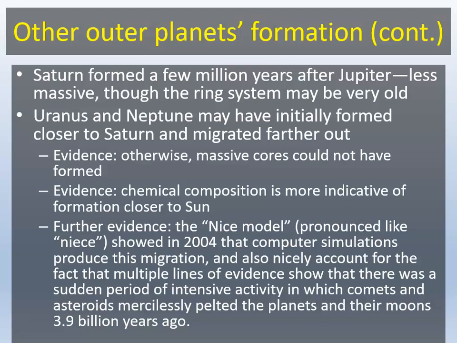This was a group of computer simulations showing not only this migration, but also the interactions between these migrating outer giant planets like Uranus and Neptune with the objects of the early Kuiper belt, which not only kind of cast some of them out more toward their present locations, a little farther out, but also a whole bunch of them toward the inner part of the solar system, which would explain the late heavy bombardment that began about 4 billion years ago and peaked probably about 3.9 billion years ago,